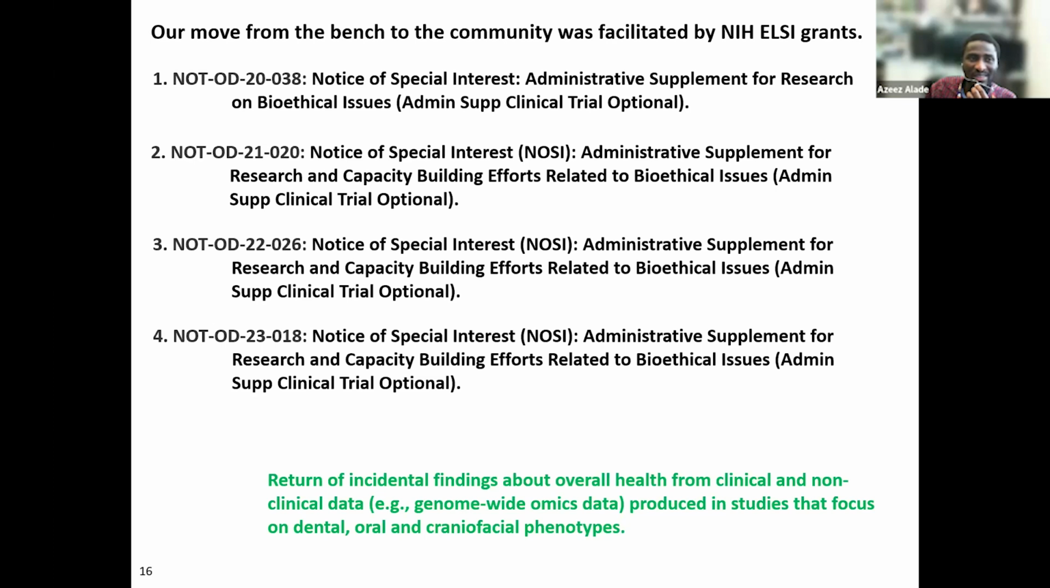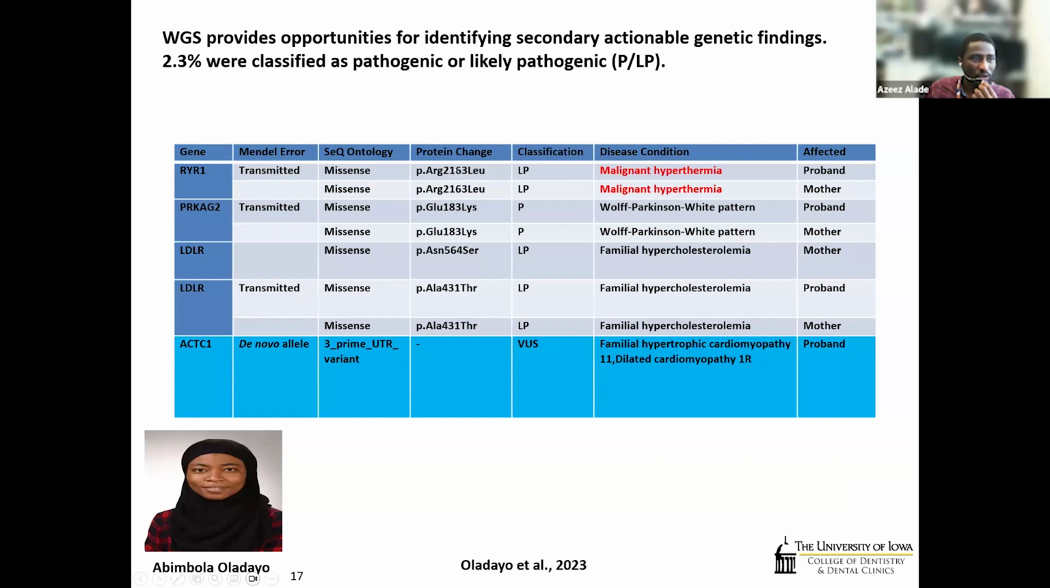Through these administrative supplements, which was the grant we used to support this project, I'm going to be sharing the next work. The first one was led by Abimbola. The question here was, with this whole genome sequencing data that we have, apart from the genes that we think are contributing to the cleft, are there other variants in genes that could be actionable for this cohort? She found that about 23% of the variants in those actionable genes were likely pathogenic. What is important, as you can see on this table, is that we found likely pathogenic or pathogenic variants in genes associated with malignant hyperthermia. This would be important for patients undergoing anesthesia before surgery,